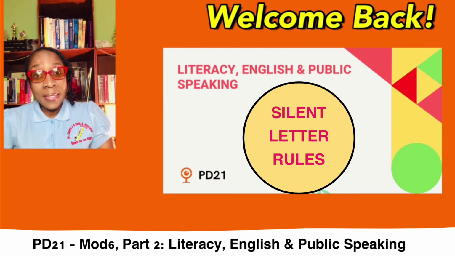Other silent T words include butcher, moisten, often, asthma, mortgage, soften. U is often silent after G and before a vowel, as in colleague,